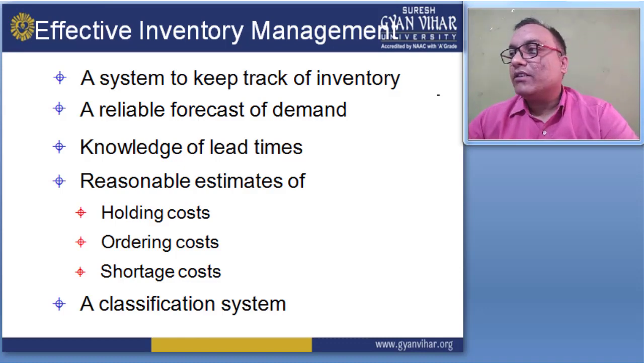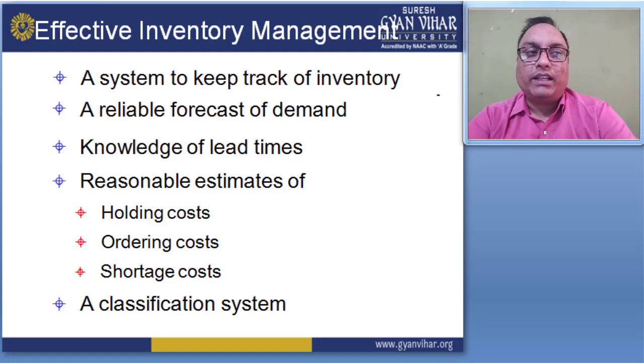In the reasonable estimate, three types of cost are related here. First one is holding cost, ordering cost, or shortage cost, and the summation of all cost gives the total cost of the site, and